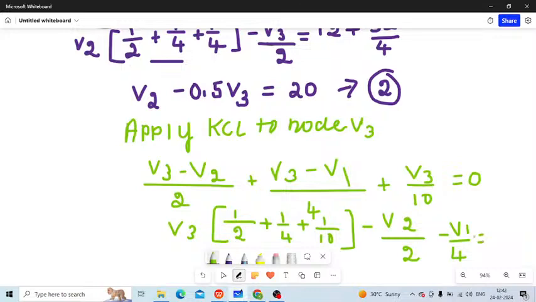Which is equal to how much? So which is equal to once again the 0. It is equal to once again the 0. And then now what is going to happen is that if you try to solve all this,